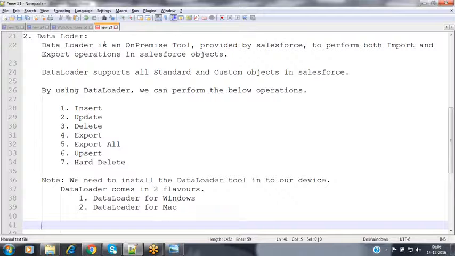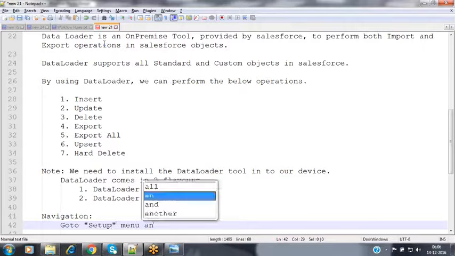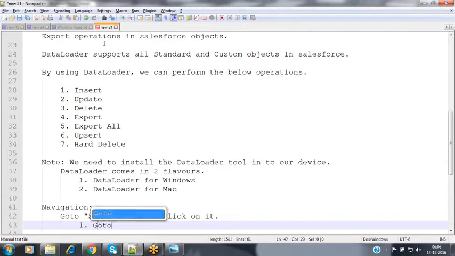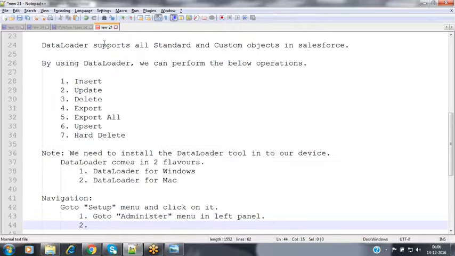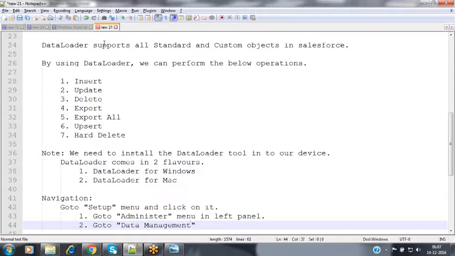Now, from where can we install this Data Loader tool? The navigation: go to the Setup menu and click on it. Go to the Administer menu in the left panel, go to Data Management and expand it.